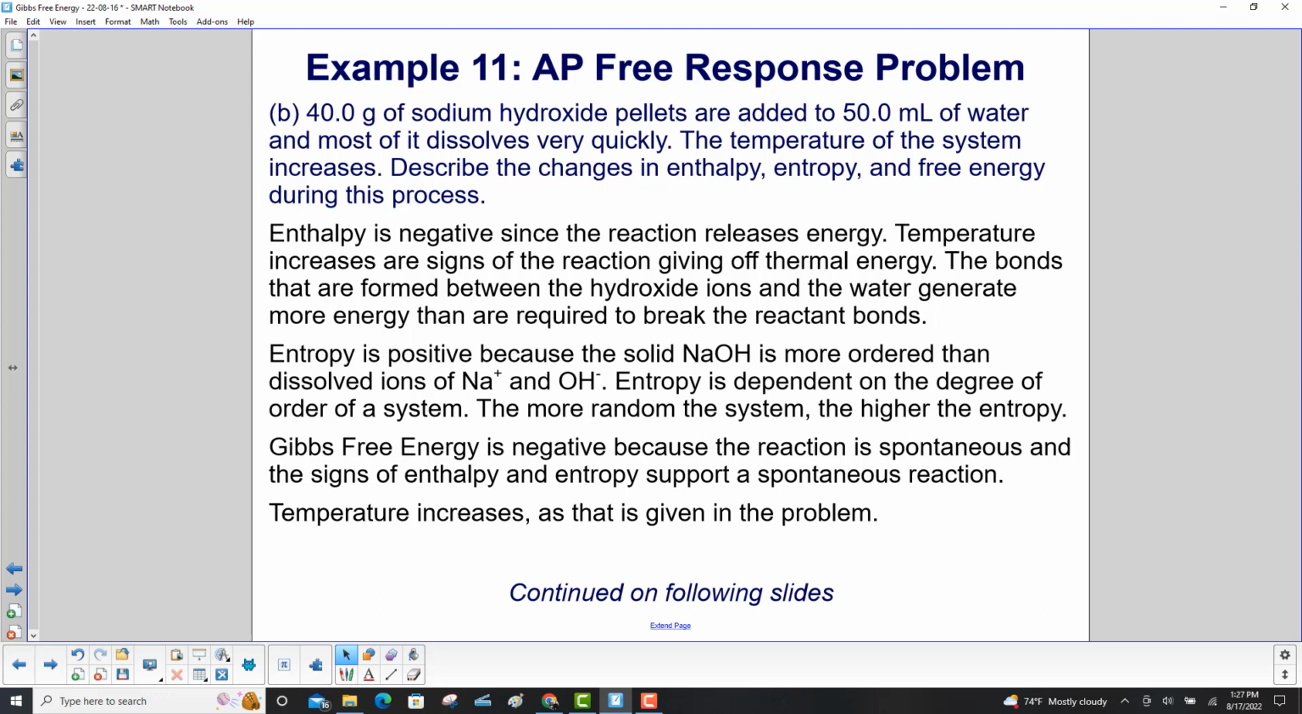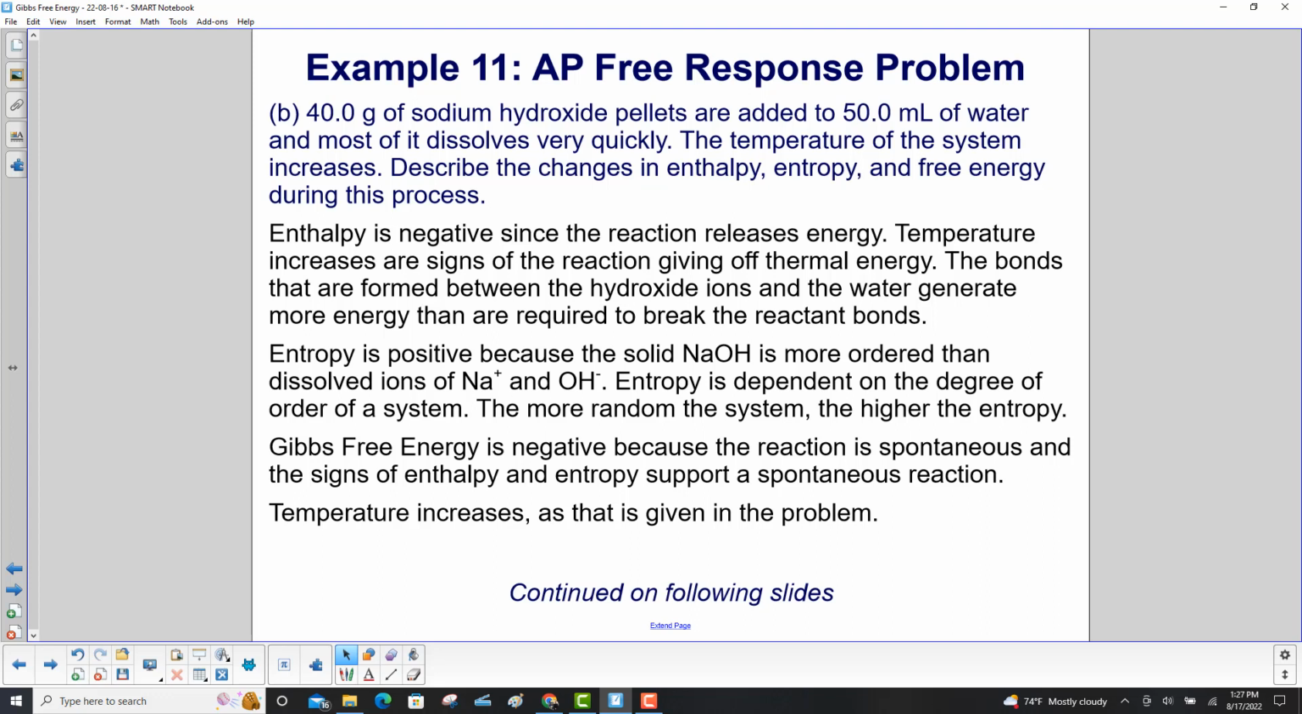Now we're dissolving the sodium hydroxide pellets. The enthalpy will be negative since the reaction releases energy. Temperature increases are signs of the reaction giving off thermal energy. The bonds that are formed between the hydroxide ions and the water generate more energy than are required to break the reactant bonds. Entropy is positive because the solid sodium hydroxide is more ordered than the dissolved ions of sodium